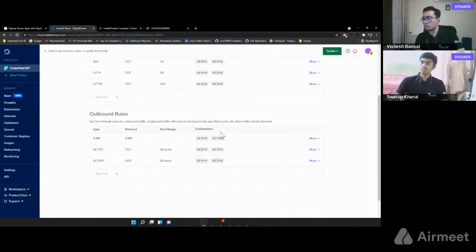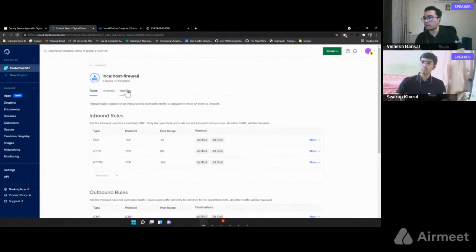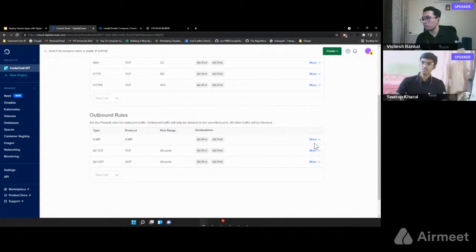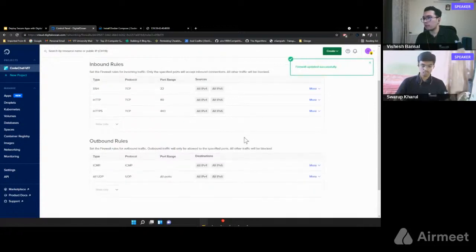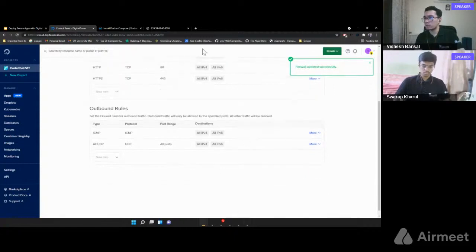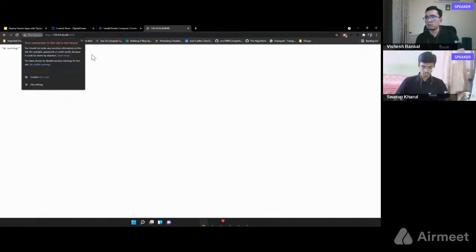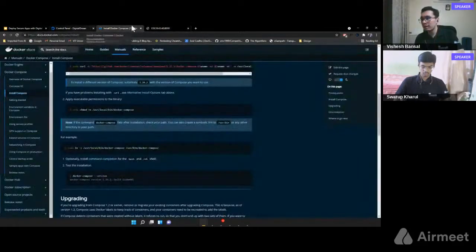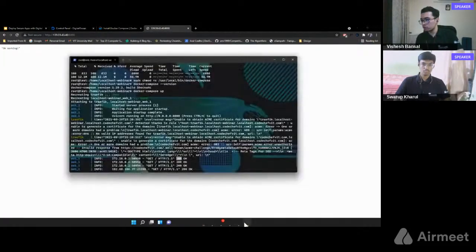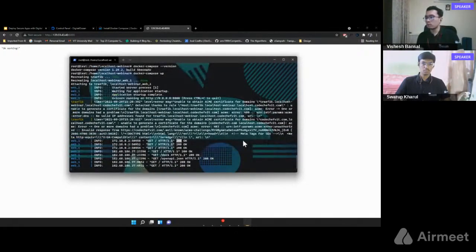So we are going to edit this firewall by removing all the TCP ports, and all traffic is blocked now. So let us just try again. It's still working. Anyways, I think we ran into an issue, so nothing to worry about. But this is basically how it's done.